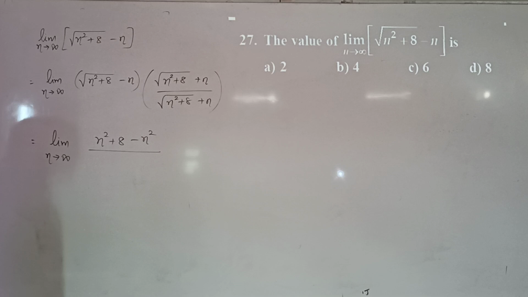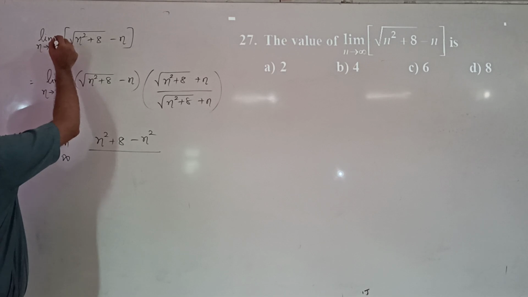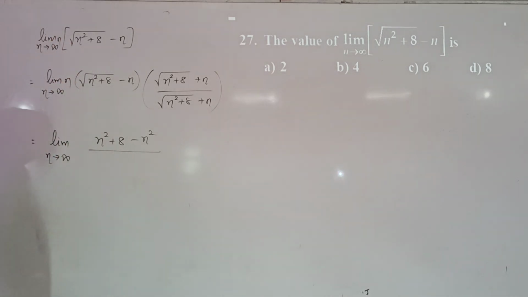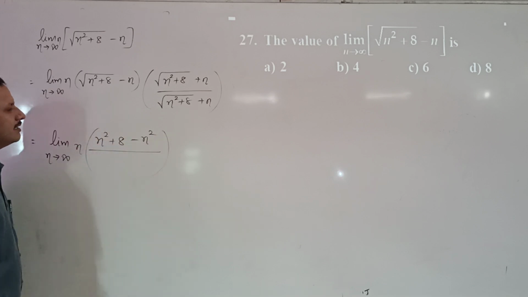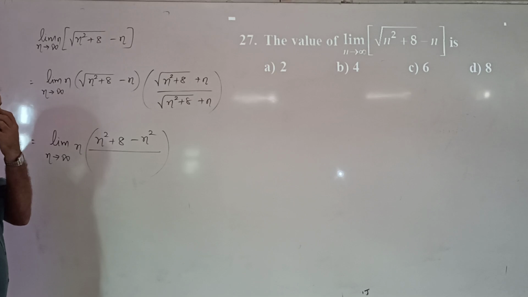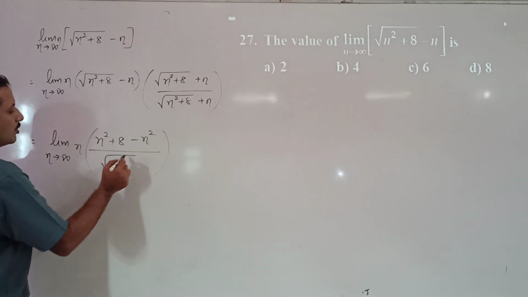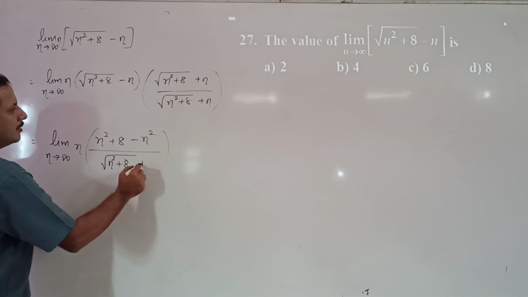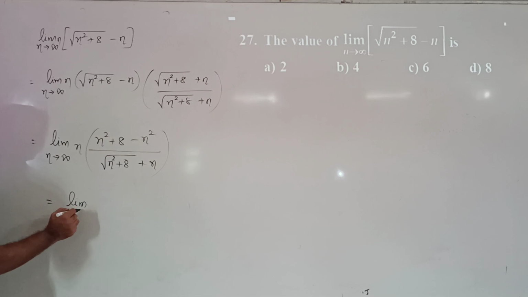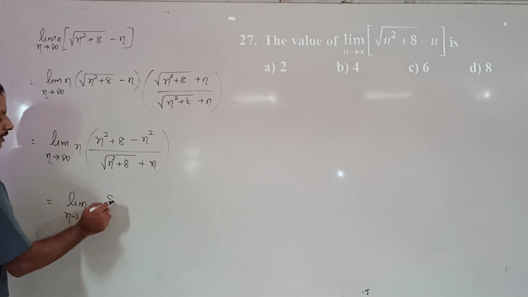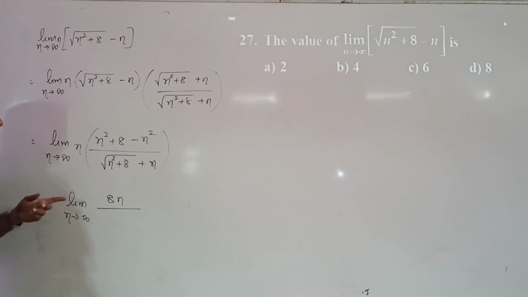I think there is something wrong in this. n is missing. Write n here. So the numerator is n square plus 8 minus n square, and the denominator is root of n square plus 8 plus n. N square gets cancelled. You are left with the limit n tends to infinity of 8n divided by, here I will